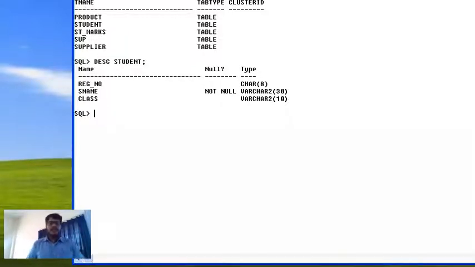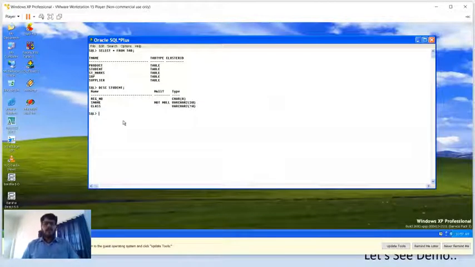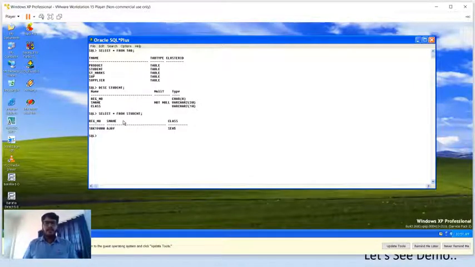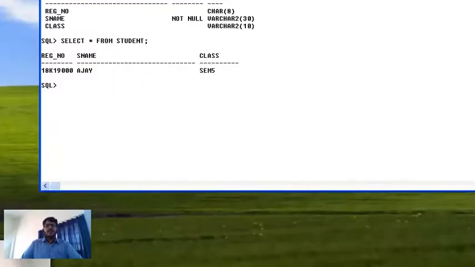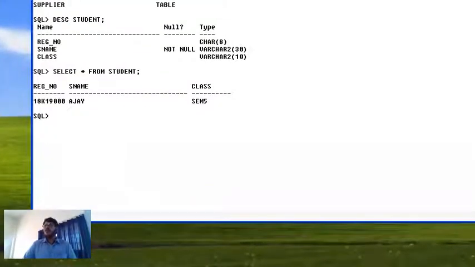So now let me see what are the records available in the student table. For that I will execute the select star from student statement. Yes, you can see here we have already stored one record. In the previous session we created a student table and also inserted one record. So now what I need to do is add one more column here,